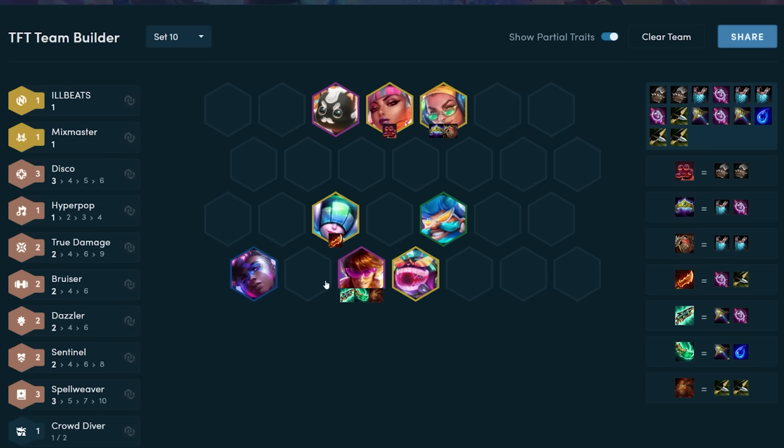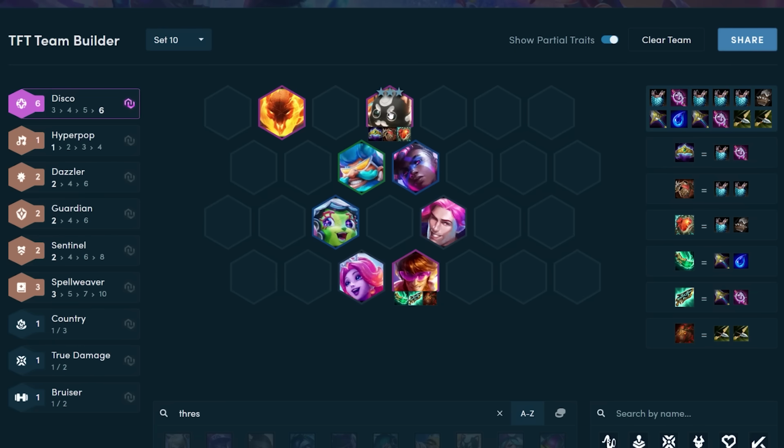Itemization wise, TF likes Shojin, Gunblade, and red buff. He could also go Shojin, double AP. This red buff could also be Morello. I think red buff is better on TF because it allows him to auto attack more and spread the anti-heal more. All tank items will just go on your Blitzcrank initially,